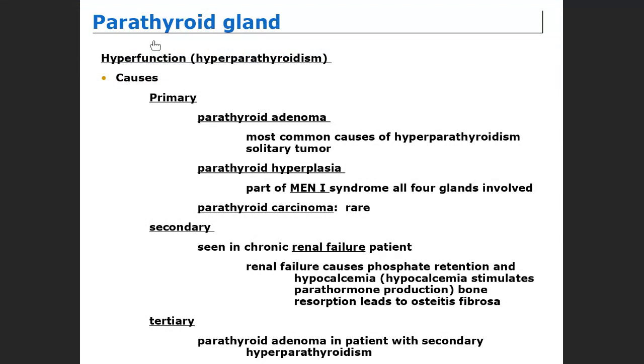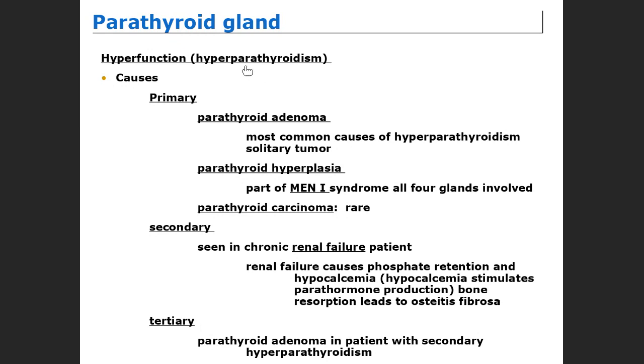It does so by stimulating the kidney to take back the calcium, and stimulating the osteoclast to chew up the bone, right, to release this calcium from calcium crystal, calcium hydroxyapatite, and to stimulate, with vitamin D, absorption of calcium through the small intestine. Okay, so